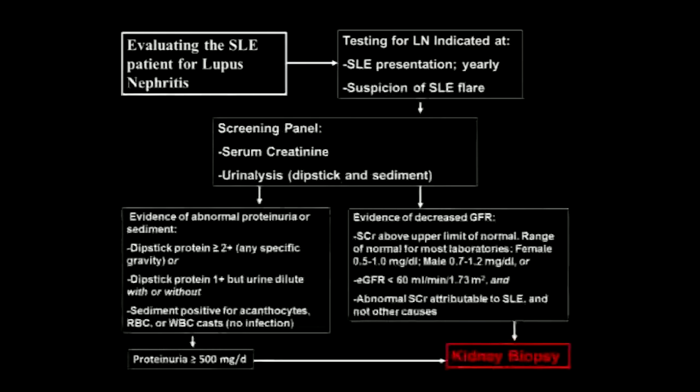So let's talk a little bit about the diagnosis of lupus from your perspective, since we're all internists in the room. And this is my very easy schematic panel of evaluating the lupus patient for lupus nephritis. Testing for lupus nephritis is indicated at the first presentation of lupus, and then whenever you have a suspicion of